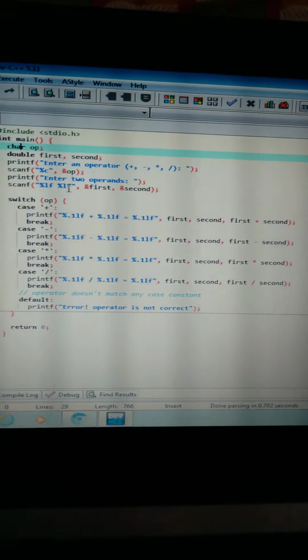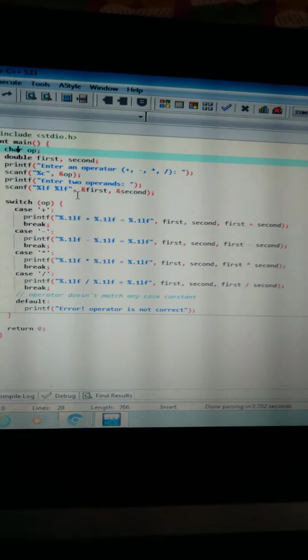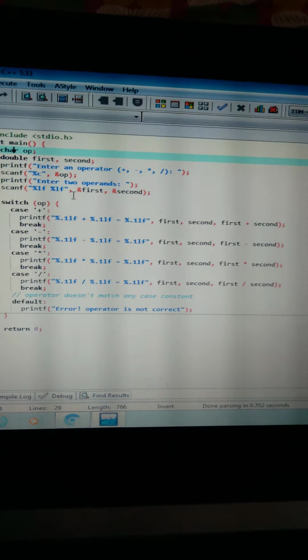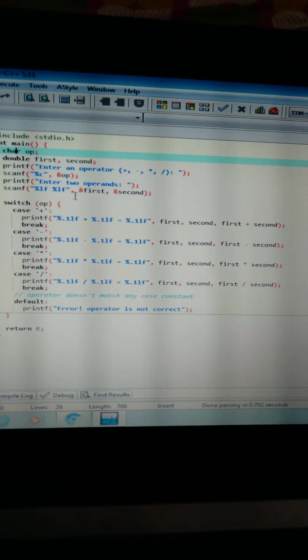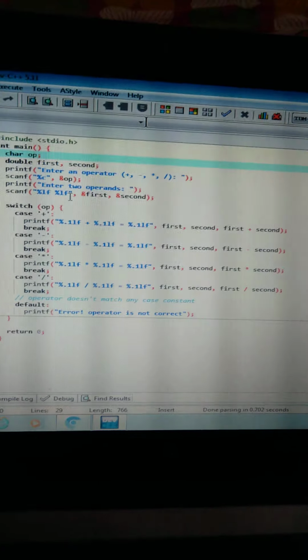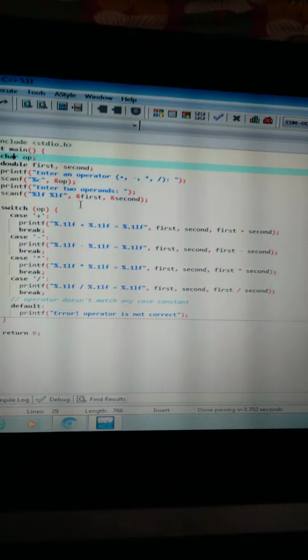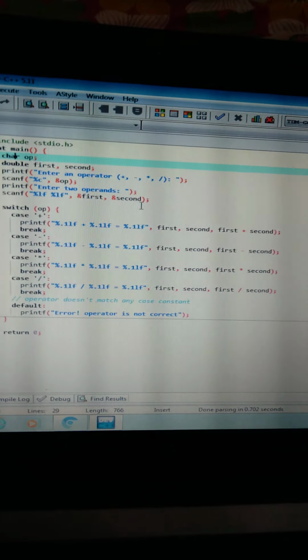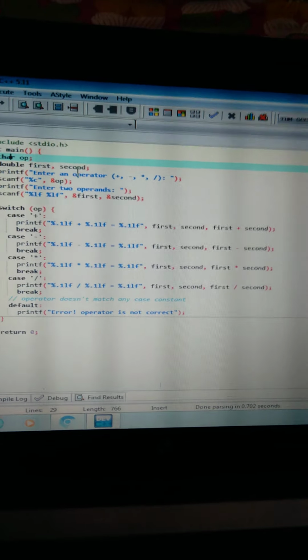We require at least two operands for calculation, so enter the two operands here. It reads the two operands. These are of double type, that is, long float. Ampersand first, comma, ampersand second. This line takes whatever data we enter and uses it for calculation.